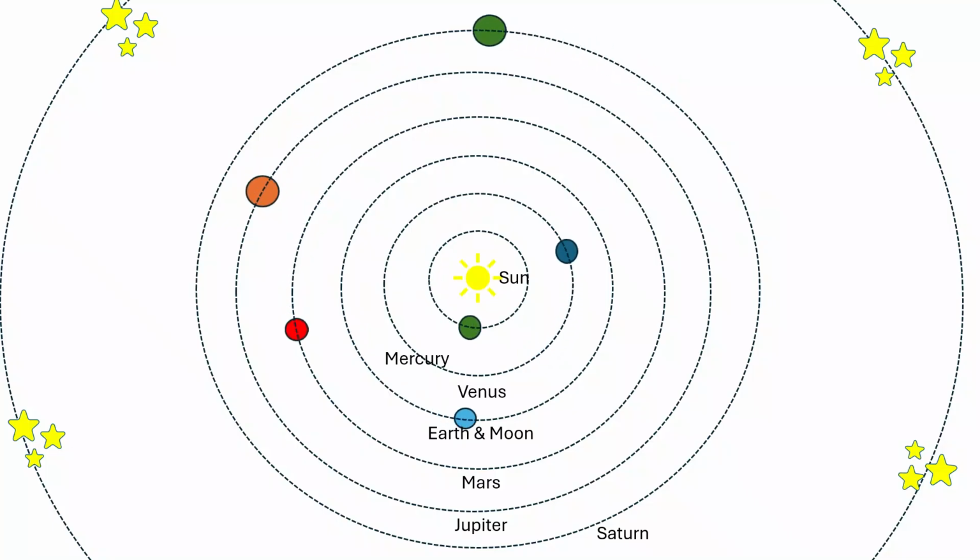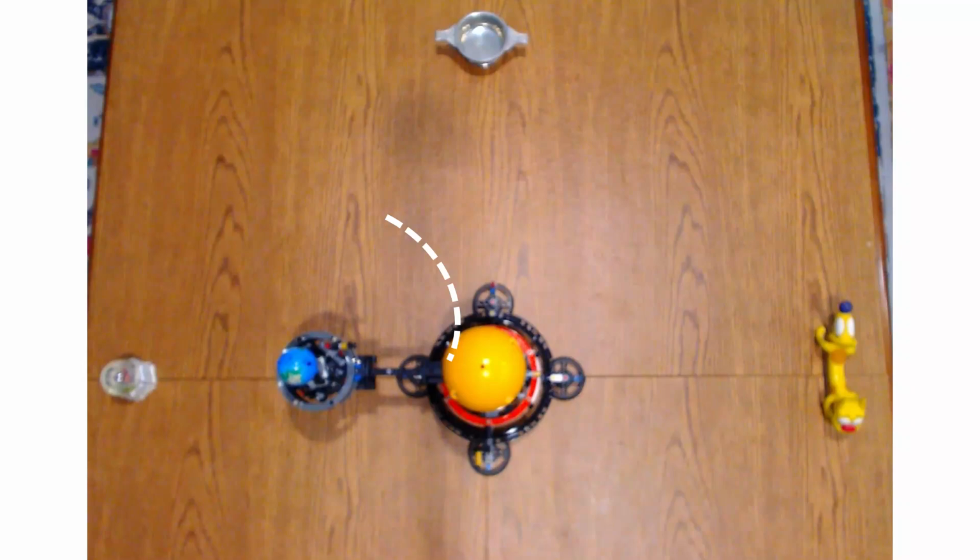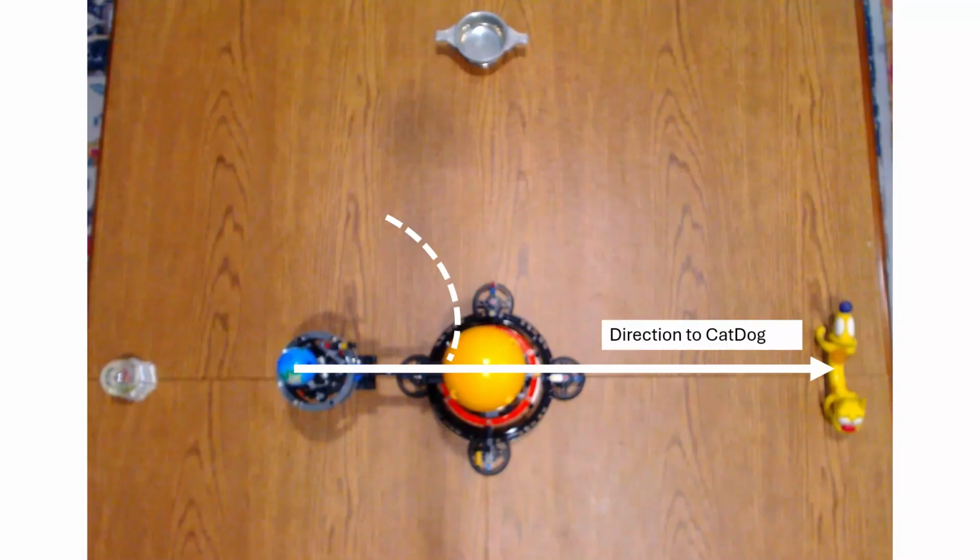Another objection ancient astronomers made with heliocentric systems was that if the Earth is moving, the direction to a distant object, such as one of the fixed stars, should appear to shift. This is called parallax. Let's illustrate how parallax works in astronomy with the model. Let's say we want to know how the angle between the direction to the constellation Cat Dog and the constellation Cup changes during the course of a year. Today I've placed Cat Dog in the direction of the sun as seen from the Earth at the equinox.